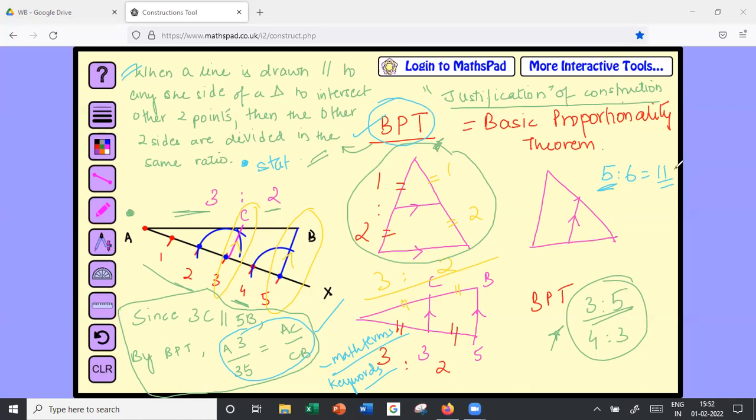Ma'am, is that A3 upon 35 or A3 upon A5? 35. You can write it as names also. In the books they have written A1, A2, but while reading I got confused about what A3 and A5 are, so I just wrote point names. Whatever you have named it, make sure it's that. So it's this part, the second part.